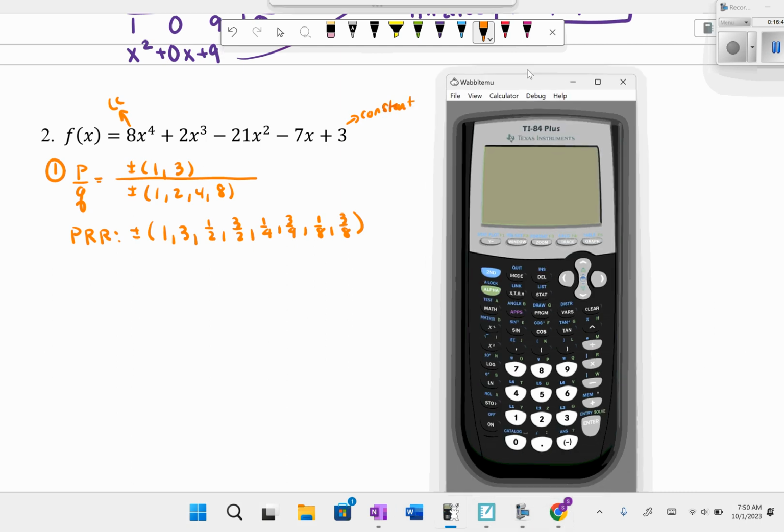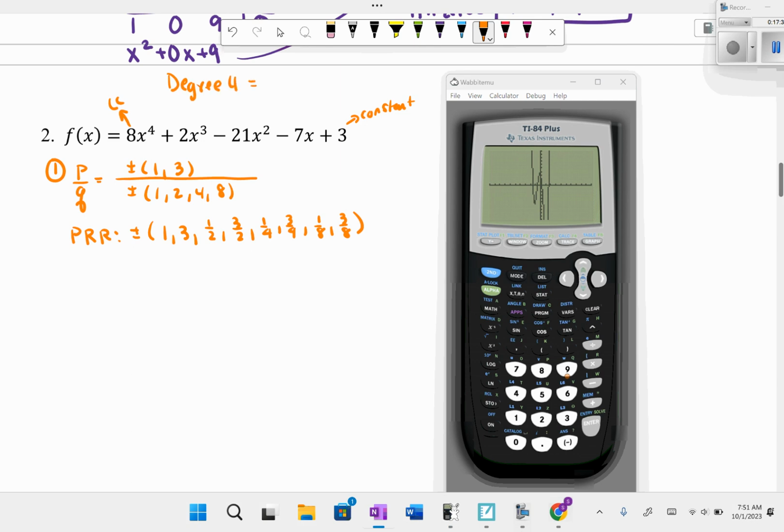So for this one, the next thing I'm going to do is plug this into my y equals. So in my y equals, I have 8x to the 4th plus 2x cubed minus 21x squared minus 7x plus 3. All right, so now I have my equation in my y equals, and I'm going to hit zoom 6 for a standard window, from x values from -10 to 10 and y values from -10 to 10. And this is a polynomial of degree 4,